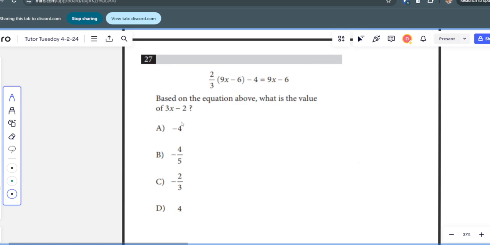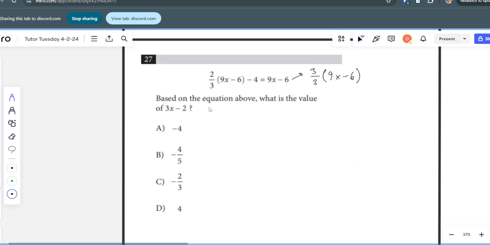Get rid of the fraction. I'll show you how I would solve this one. It says 3x minus 2, right? If I had multiplied this in here, or no, honestly what I would do is this is equivalent to 3 over 3